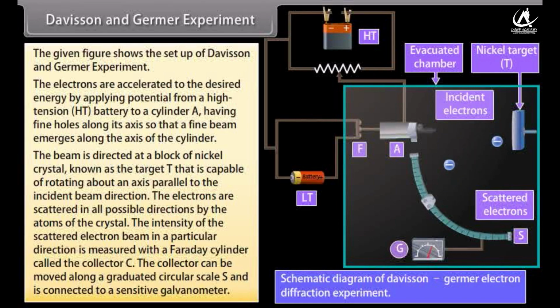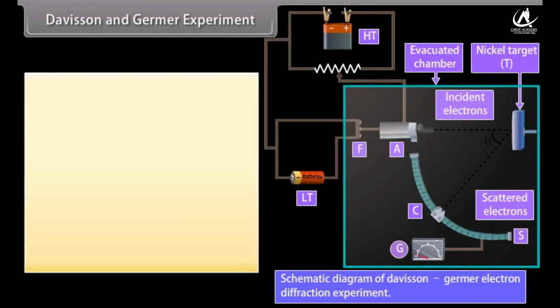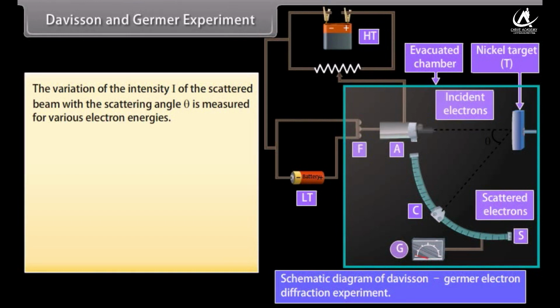The electrons are scattered in all possible directions by the atoms of the crystal. The intensity of the scattered electron beam in a particular direction is measured with a Faraday cylinder called the collector C. The collector can be moved along a graduated circular scale S and is connected to a sensitive galvanometer. The deflection of the galvanometer is proportional to the intensity of the scattered electron beam entering the collector. The variation of the intensity I of the scattered beam with the scattering angle θ is measured for various electron